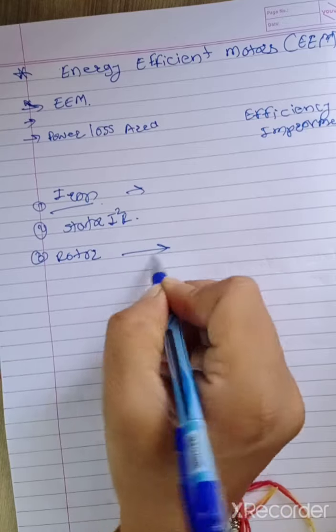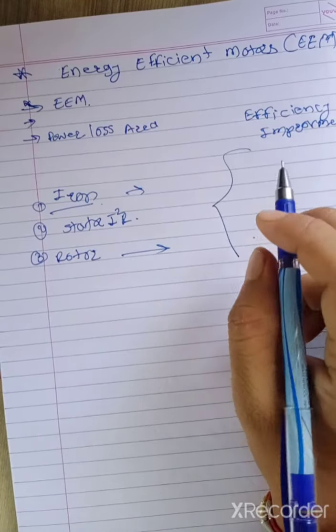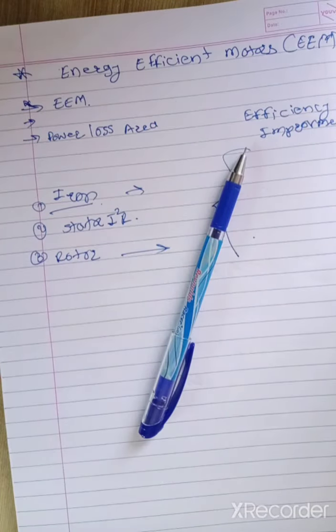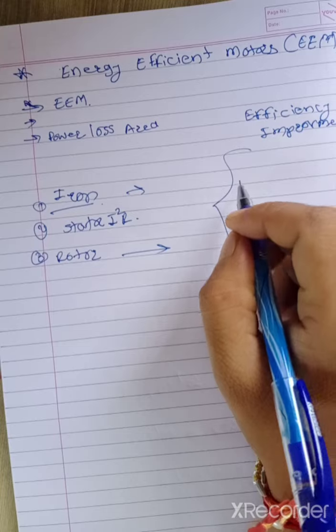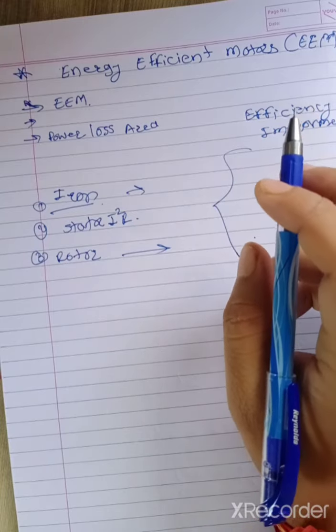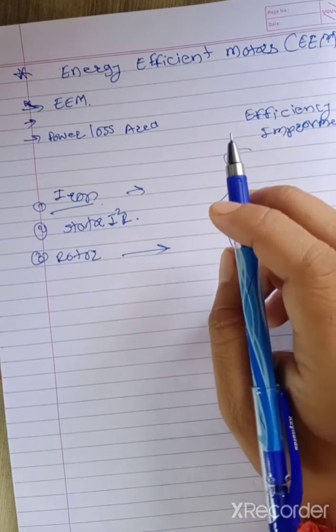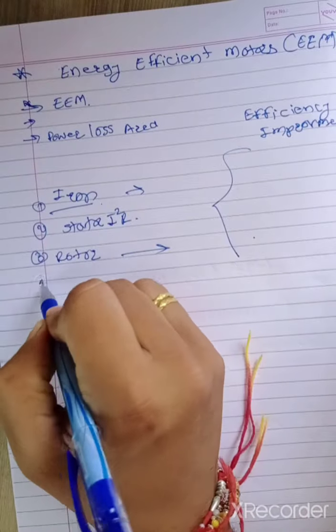Rotor. Here in the rotor, use of larger rotor conductor bars increases the size of the cross section, lowering conduction resistance R and losses due to current flow. Fourth one is friction